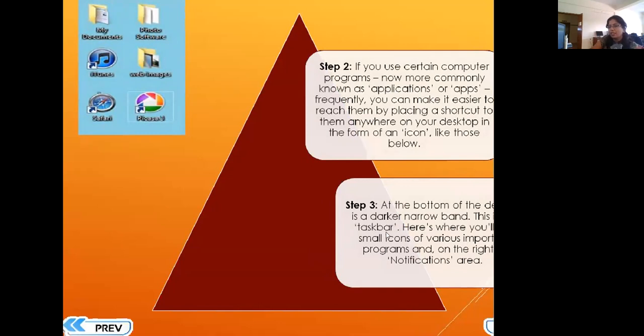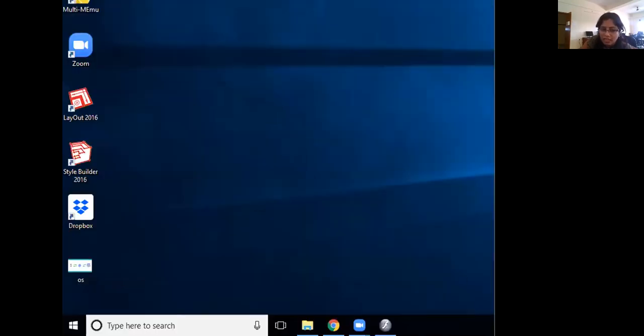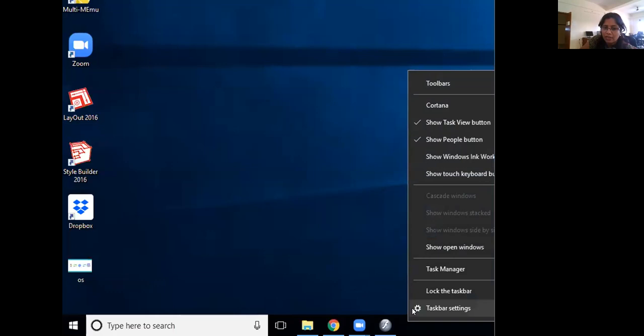At the bottom of the desktop, a dark narrow band is there. I'll just show you. I'll just share with you. Can you see my screen? Yes. See here, the blue color behind is my desktop background, my work area, and these are the small files. What are they? They are the shortcut files, correct? And now children, can you see this dark one at the bottom?